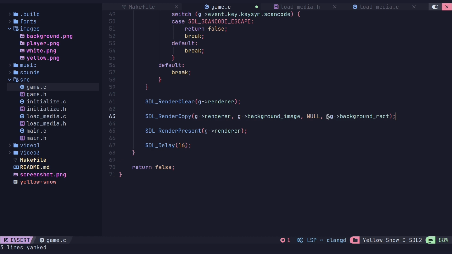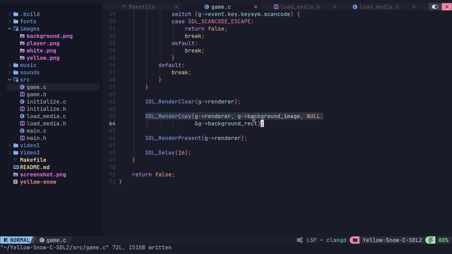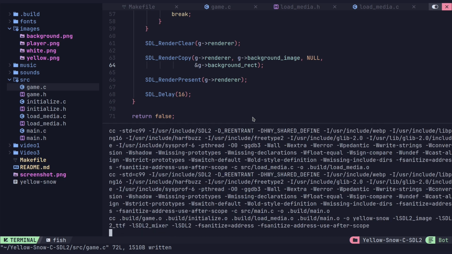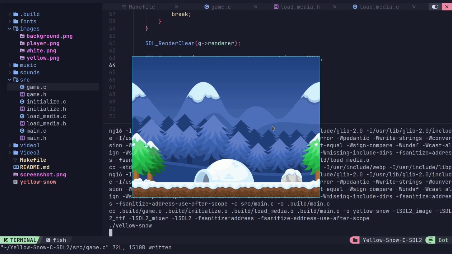Also, we need to send in the address of this with the ampersand. So that should give us a background image being drawn. Let's try that real quick. I'm going to just use the rebuild and run, and this is going to give us our strict compiling, so I'll know if I've made any errors. Okay,